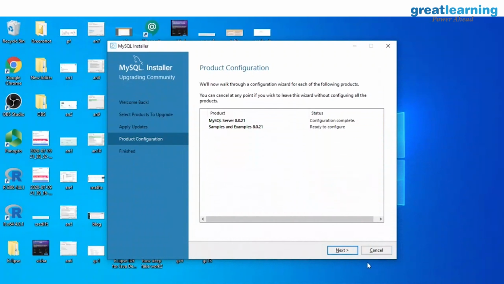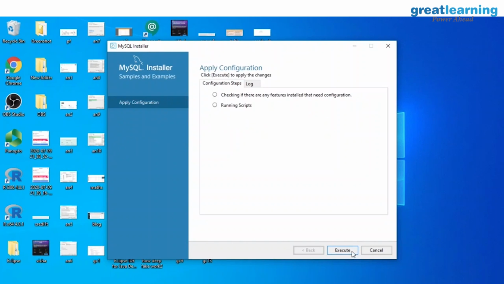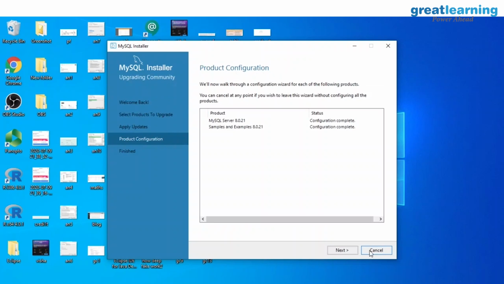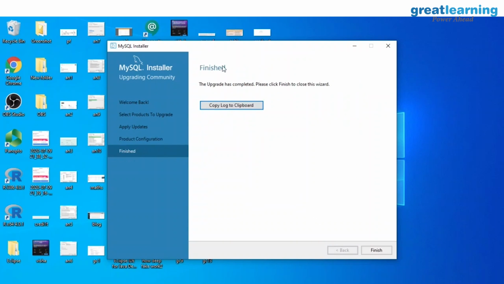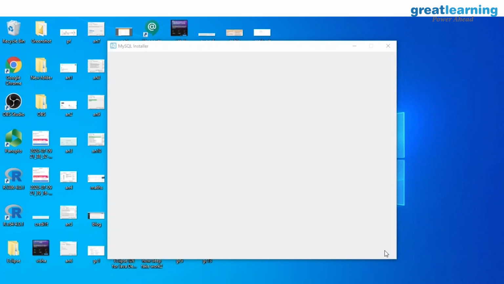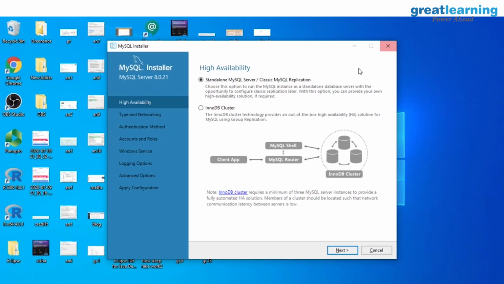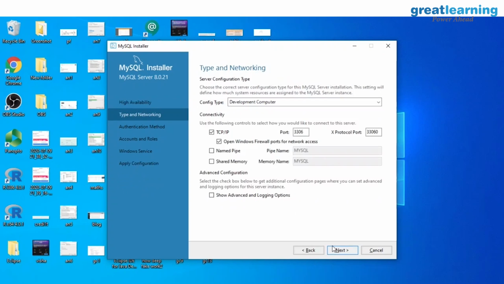So now we will click on next. From there, you can see this is again something you need to execute. This is already there. It's going to check and finish. And here again you need to click on next. And then I am going to click on the finish part. As you can see, all the parts are done. If you look at it now, you need to click on next.